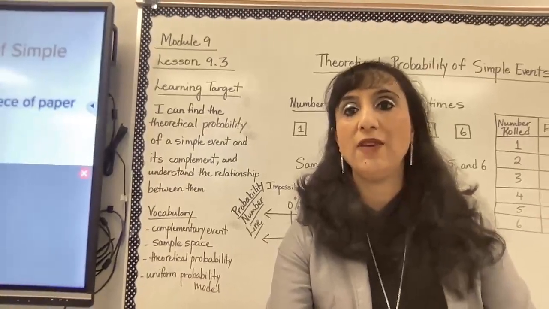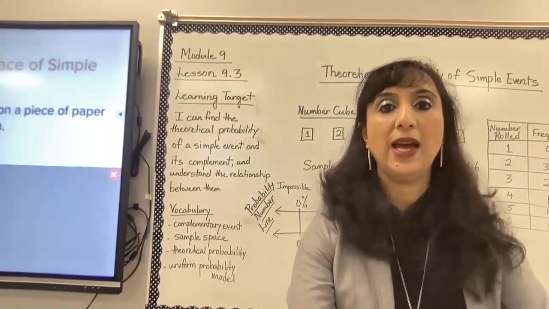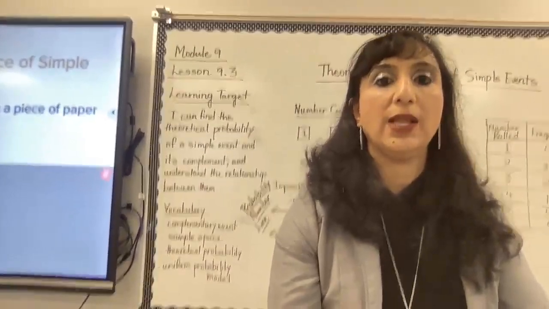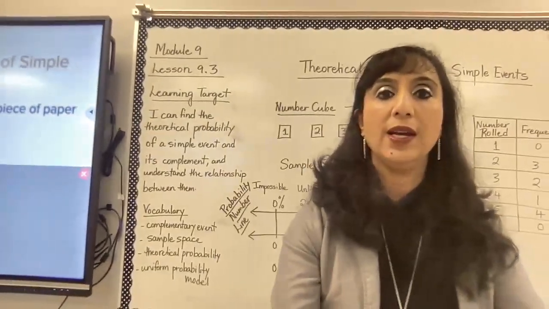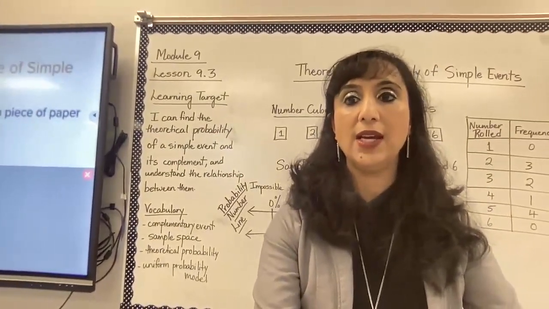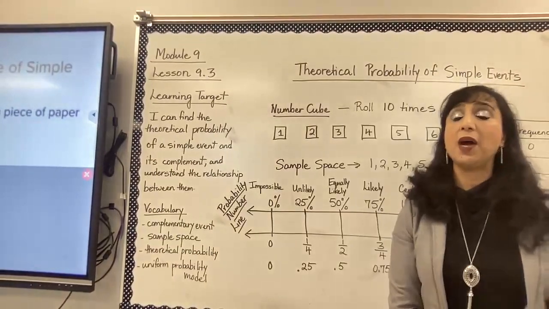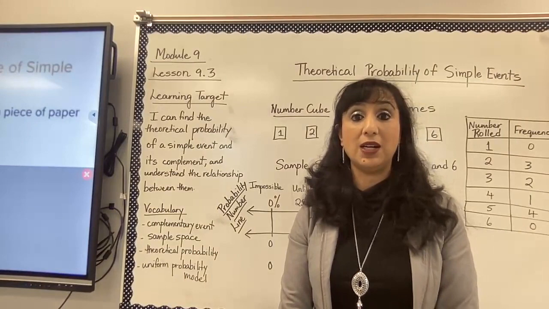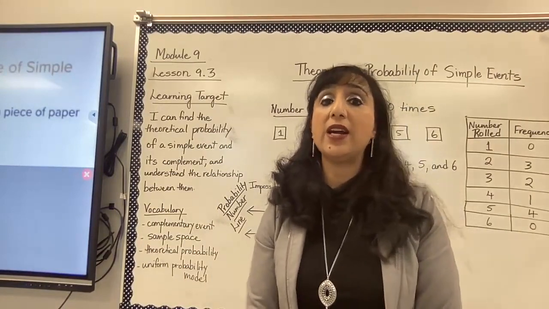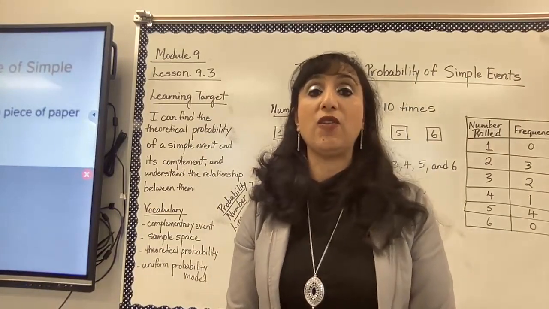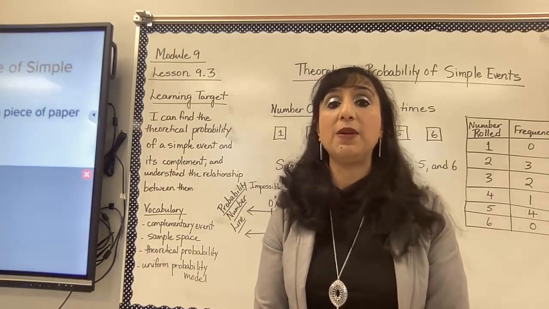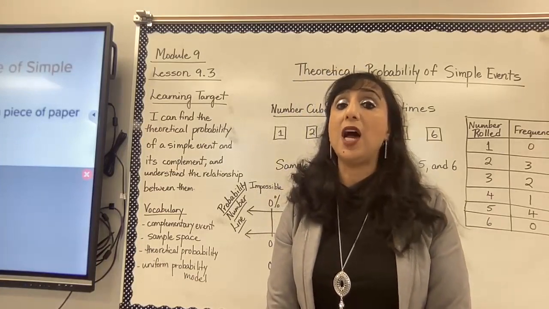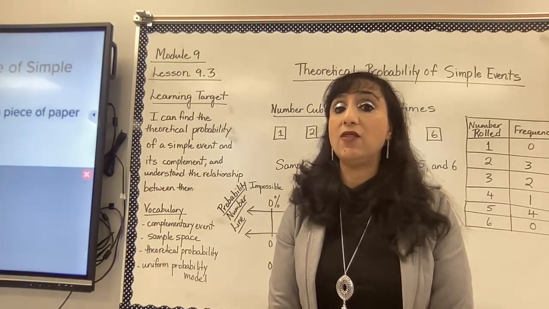So, carrying on with Module 9, and today we are doing lesson 9.3. As you can see, the heading is theoretical probability of simple events, and that is our lesson. The learning target: I can find the theoretical probability of a simple event and its complement and understand the relationship